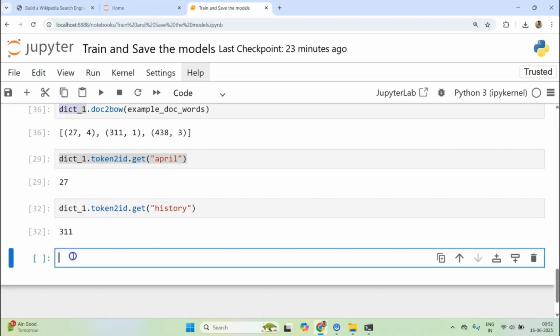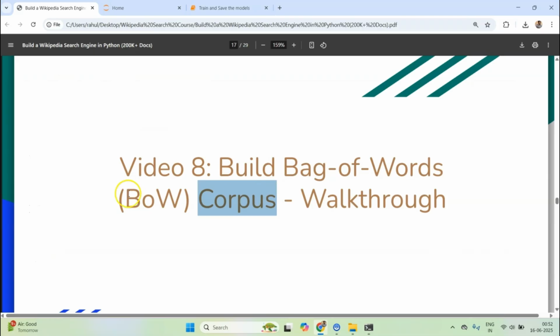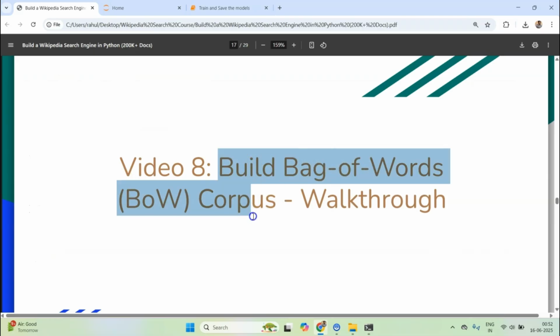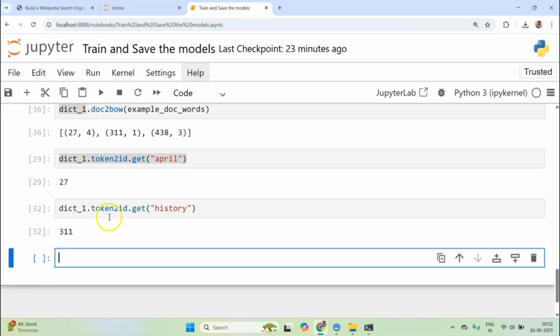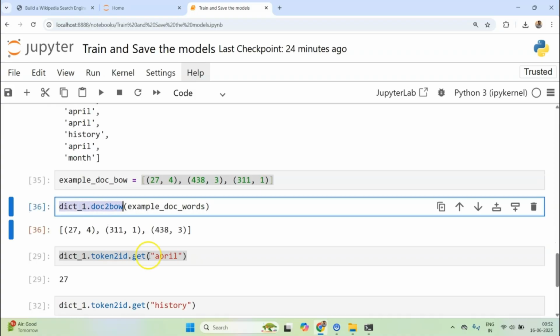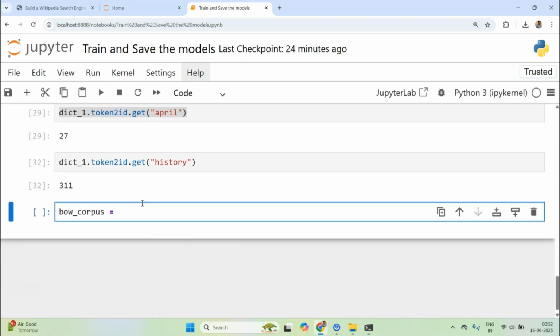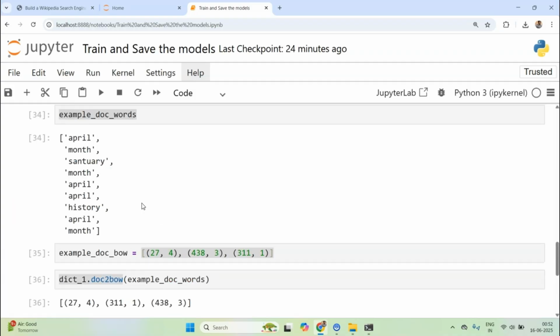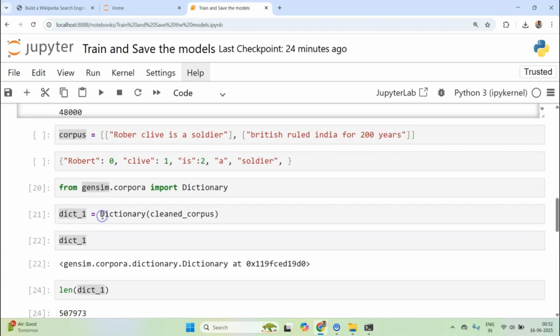Now, the purpose of this video was to create a bag of words corpus. So I'll create a bag of word corpus, and it's as simple as calling this method on my cleaned list. What was the cleaned list?